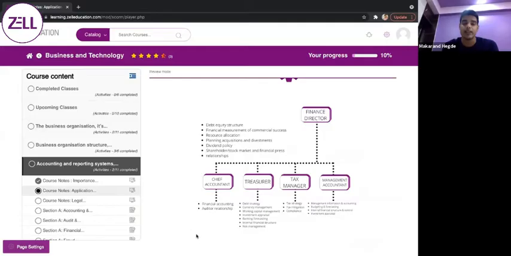So this is roughly the entire KRA of a full-fledged accounting and finance department of an MNC or a large organization, where you have separate people for separate activities. Like there will be a finance director, whom you can also call the CFO. So there is one person who heads the entire department. Under him, there will be a chief accountant whose basic KRA is going to be to keep the accounts, to see to it that the P&L and the balance sheet